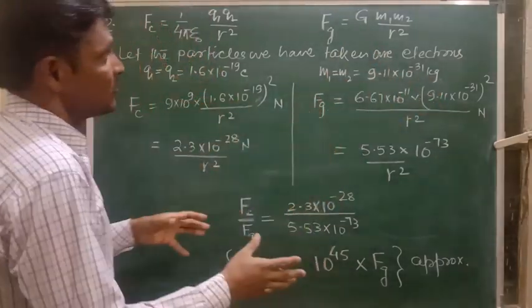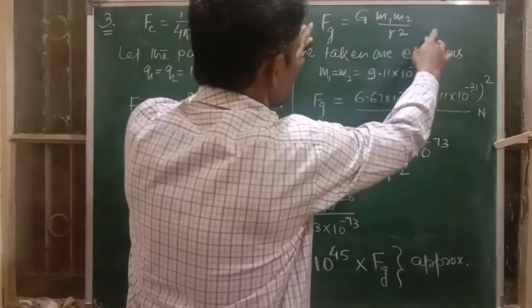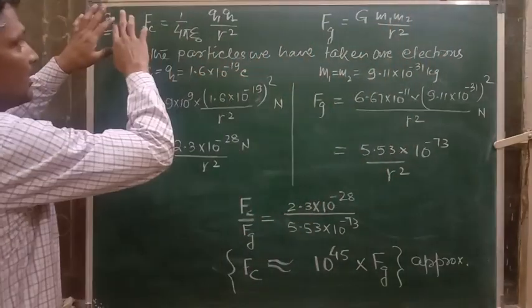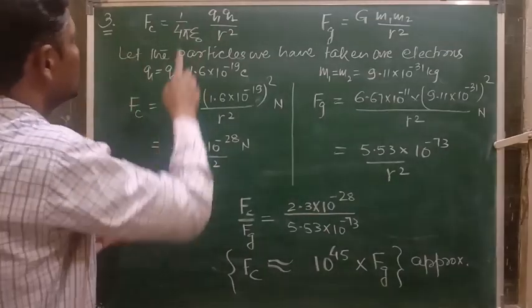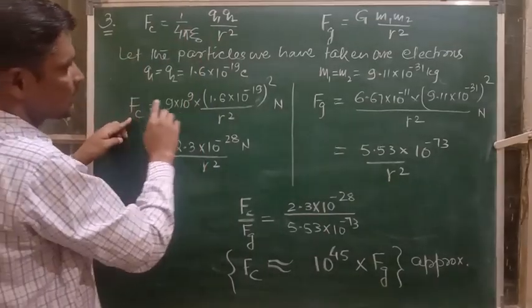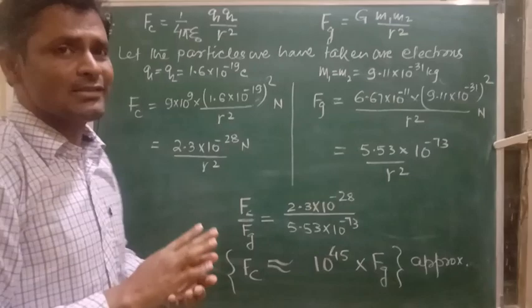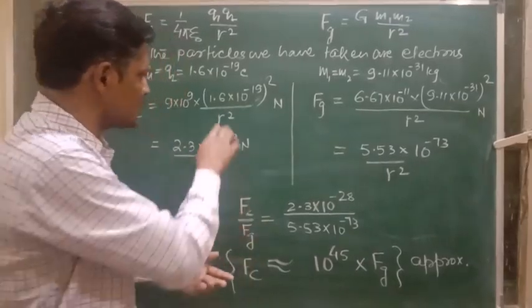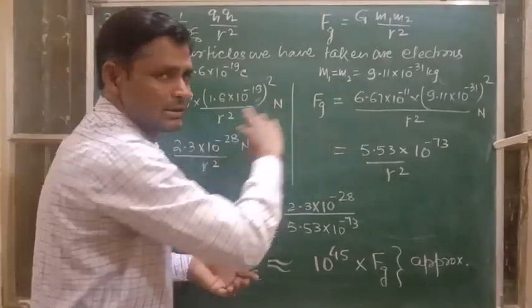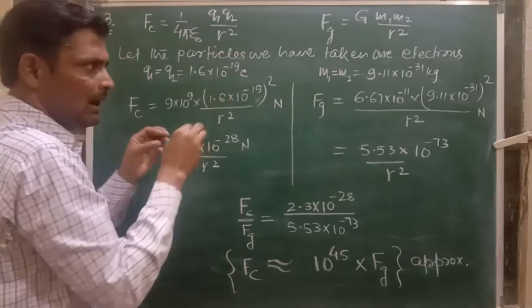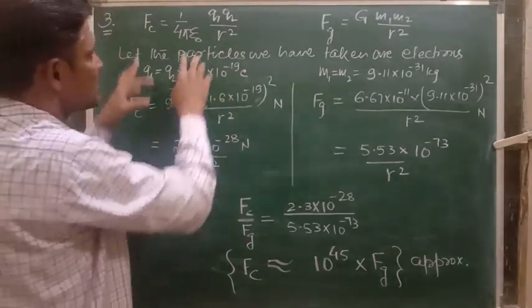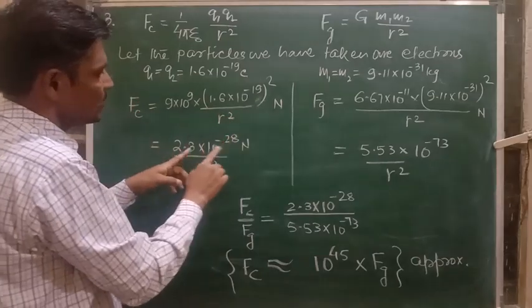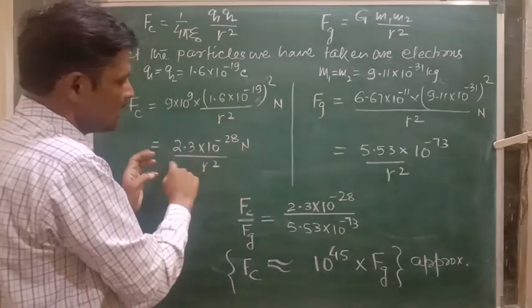So gravitational force will be calculated using this formula of Newton, and electrostatic force through this formula of Coulomb. So Coulomb force, when we calculate, I have not mentioned the distance. We can take a distance of 1 meter for both the cases, but I have taken only R. So the Coulomb force for these two charges will be 2.3 into 10 to the minus 28 by R square